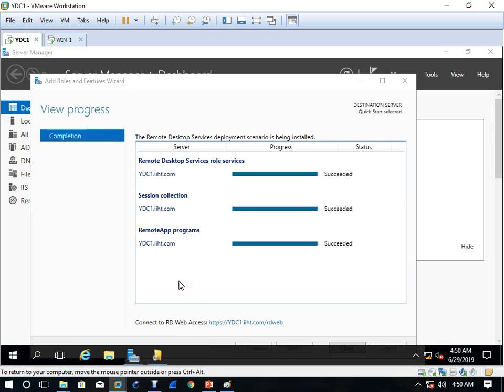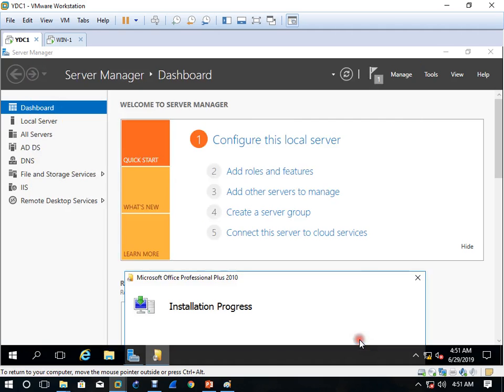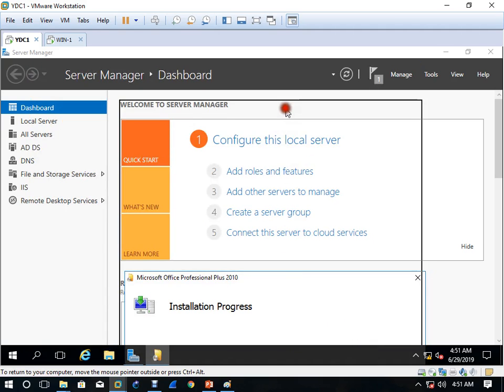Write down this URL: HTTPS yaoundé dc1.ist.com/rdweb. Is it okay? Okay, click close. And then we are waiting for this installation.